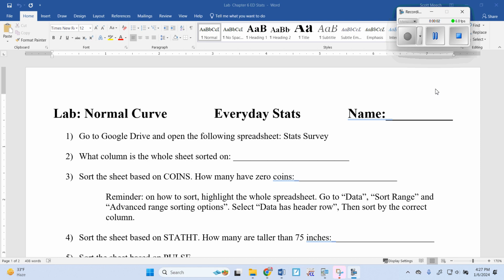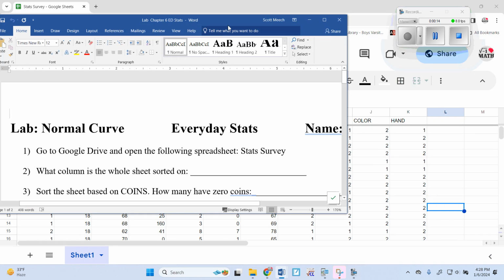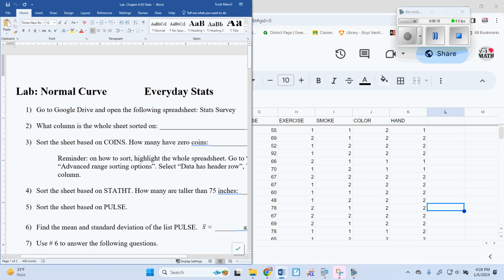In this video, we're going to talk about our normal curve lab. And to do this lab, we're going to need our Chromebooks, and we're going to go back on Google Drive and use Google Sheets, something we haven't used in a while. So first, we're going to use a spreadsheet called